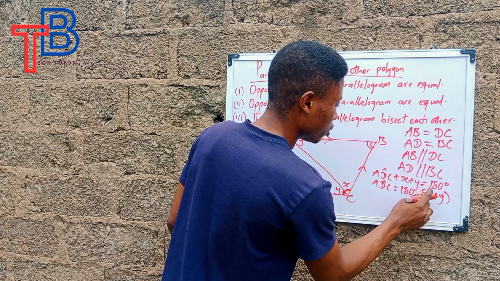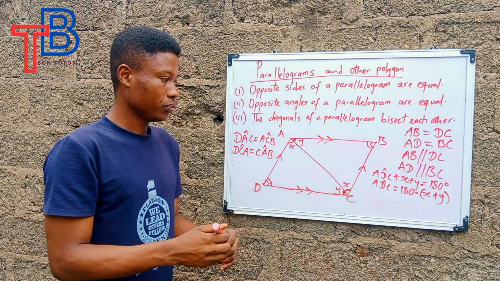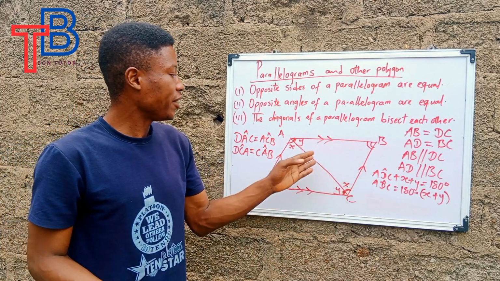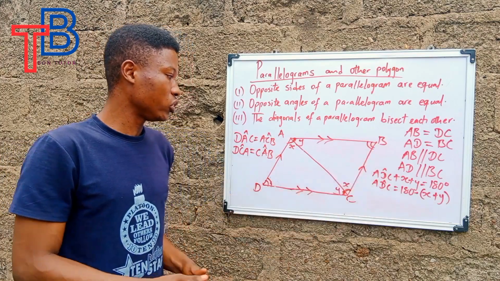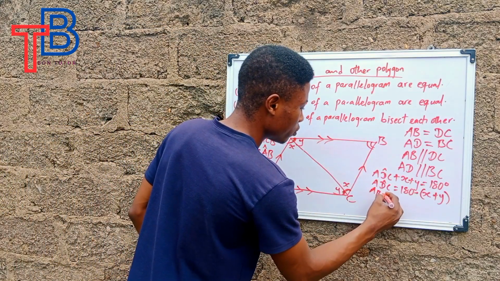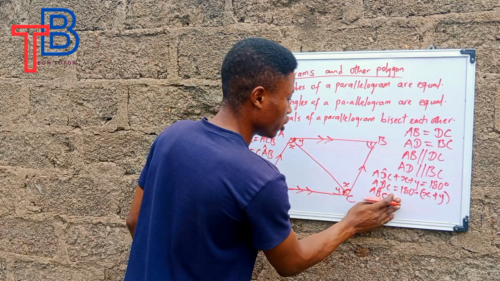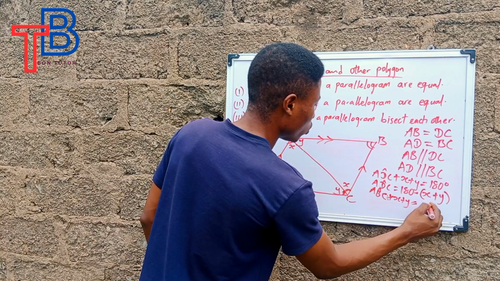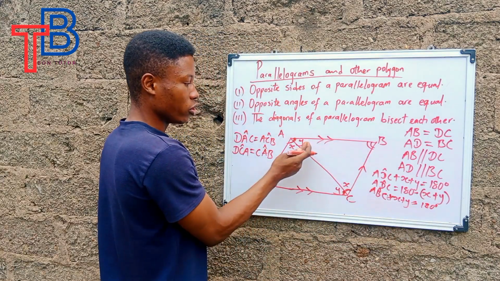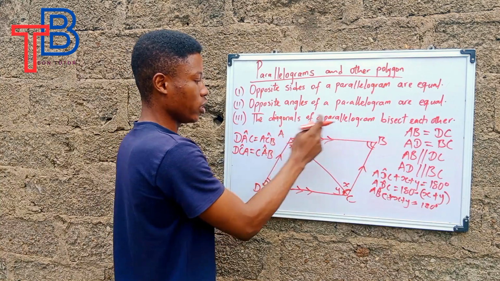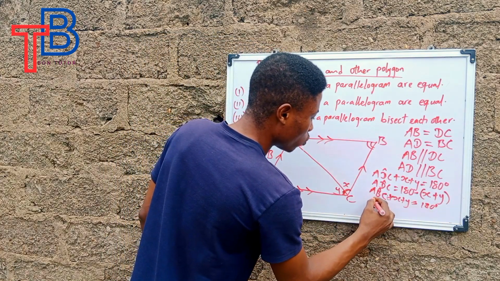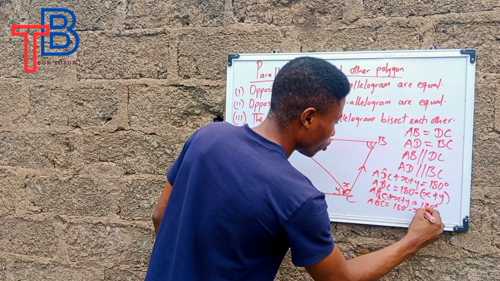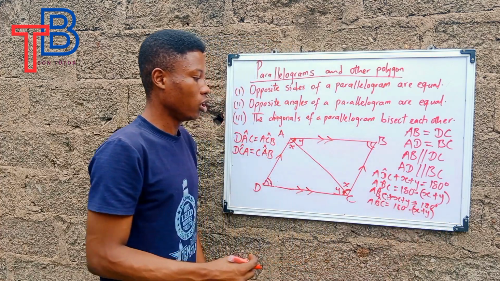180 minus x plus y. That is what your angle ADC must give us. And also, let's look for angle ABC. Our angle ABC plus x plus y also will be equal to 180 degrees, because we have x and y here with the angle ABC. Therefore, your angle ABC also will be equal to 180 minus x plus y, which will also be equal to